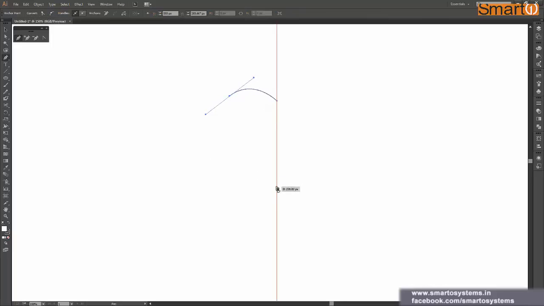So here and here I have created something like this. Now there are 2-3 things you can do to adjust it. First of all, after placing your anchor point and your tangents, you can press Alt on your keyboard and you can see that my pen tool has been converted to the convert anchor point tool. Now we know the third functionality of the convert anchor point tool, that if I click on a tangent and move, then it will break the tangent for me, and that's exactly what I wanted here. Just click and move, and there I go.